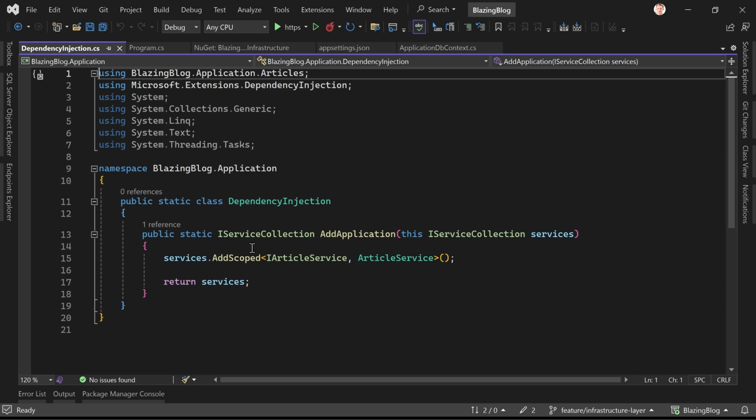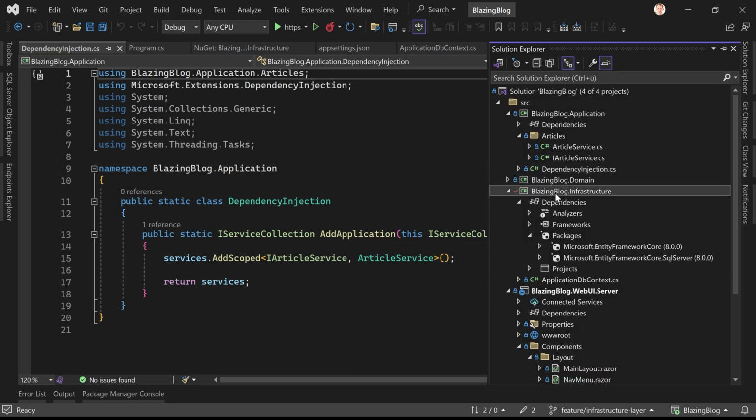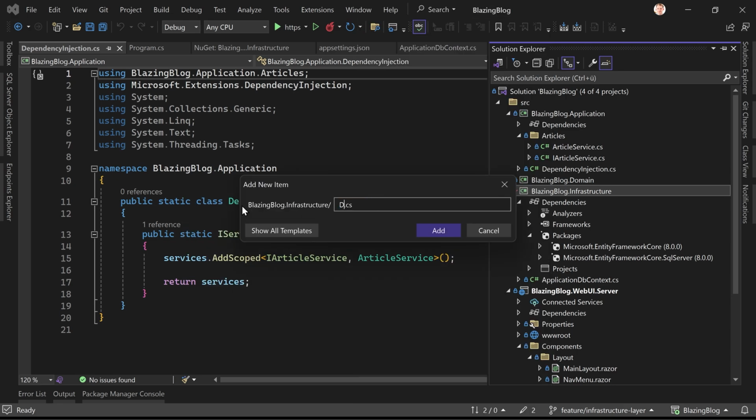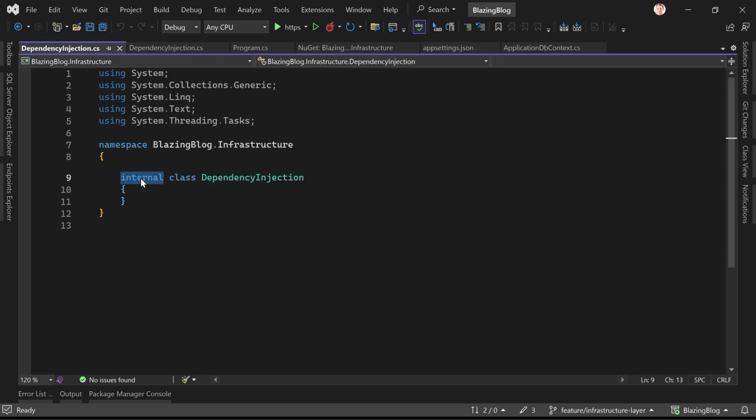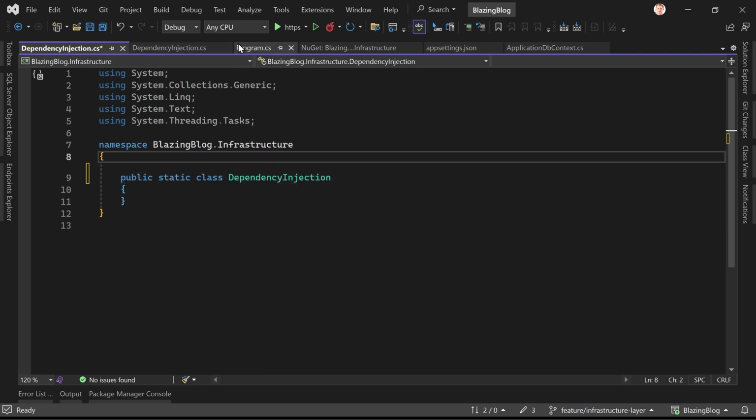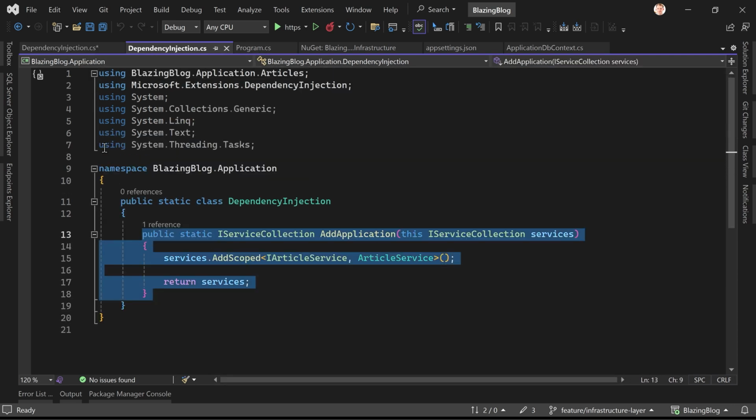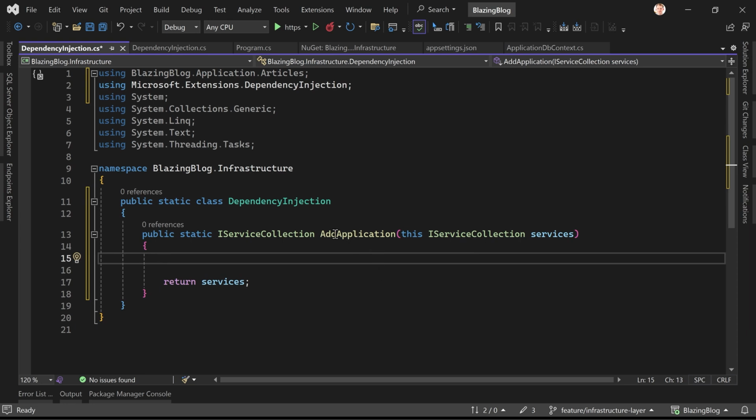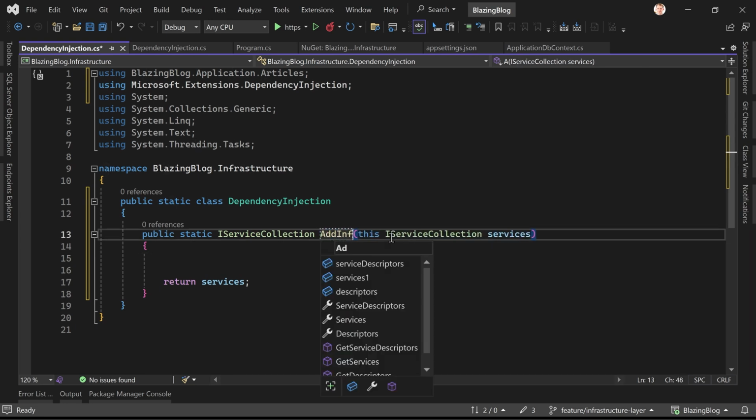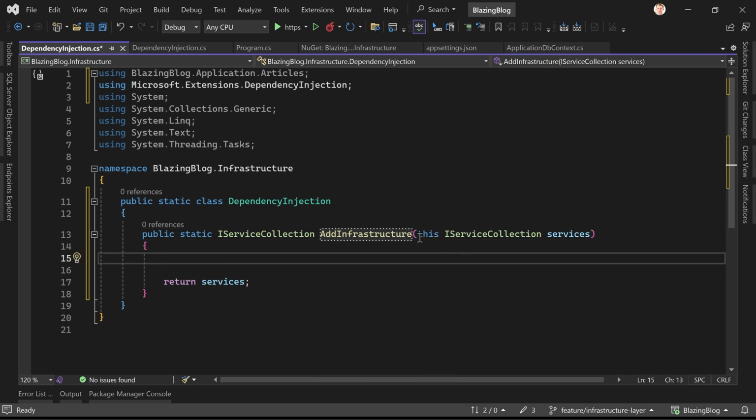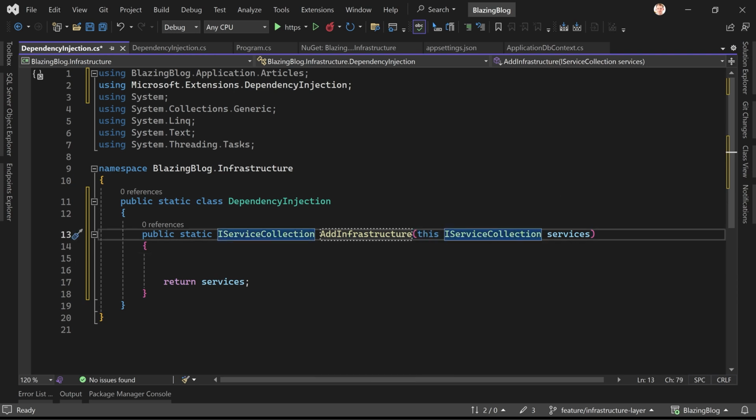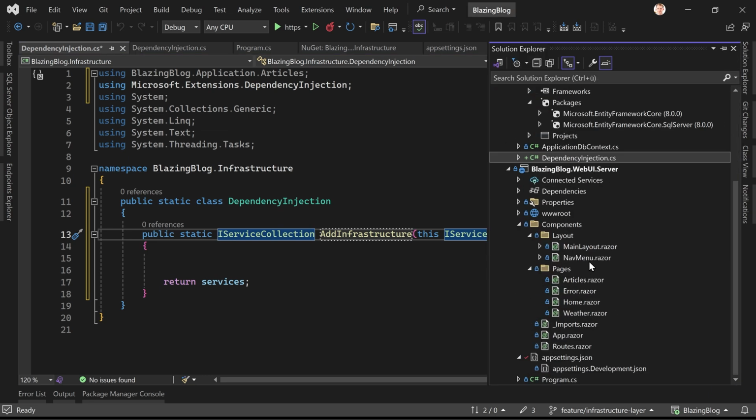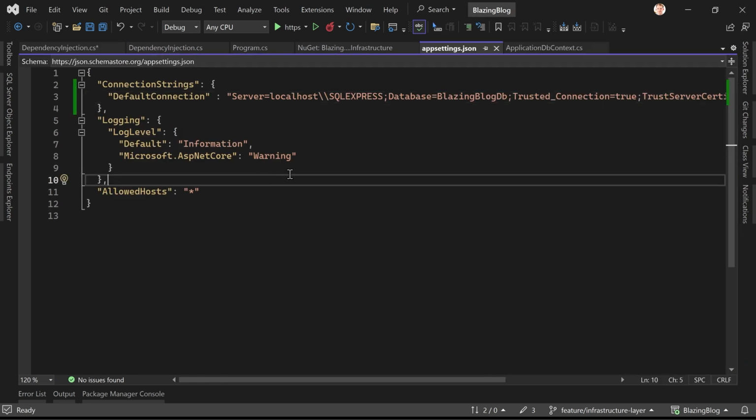So again, in the application layer, we have the dependency injection class with this extension method here, iServiceCollection add application. Now again, we create in our infrastructure a new item, call this dependency injection. Again, this is a public static class, and in essence, we can just grab this thing here, paste it there. Now we don't want to register an article here, and the name should also be different. So what we can do is add infrastructure, for instance. And now we already have the service collection here as a parameter. But since we need access to our app settings JSON file, we have to add one more parameter, and this